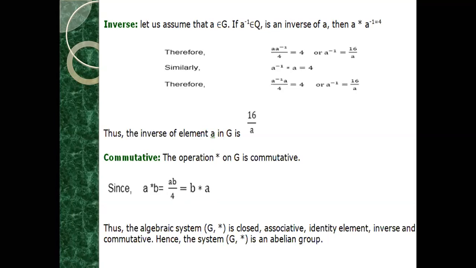So in this problem, the way (G, *) is defined is that any two elements of G under this binary operation satisfy a * b = ab/4. Taking that condition, we are proving the given group is an abelian group. What must an abelian group satisfy? Closure, associative, identity element, inverse element, and commutative property. We do not need to prove the closure property, since for a, b in G it is directly given in the form a * b = ab/4. Next we prove associative, identity, inverse and commutative.